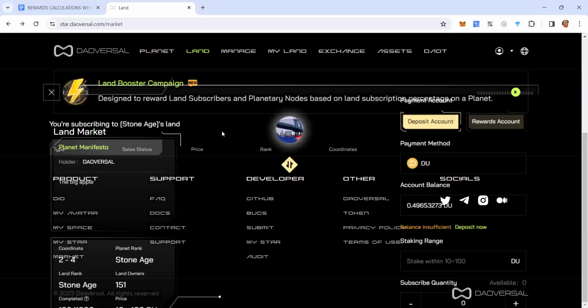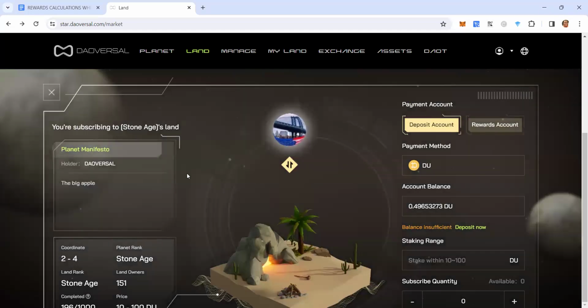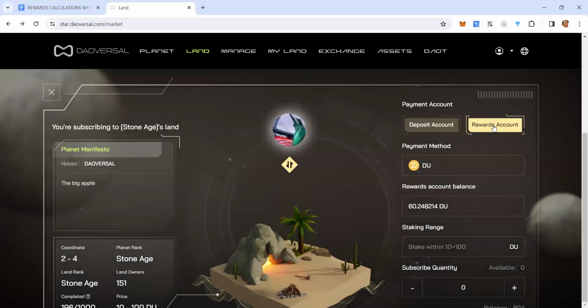I'm going to click on subscribe, and here are the details that come up. You can use your deposit account, and to use your deposit account, you would send in USDT, and the USDT is called the DU in Daoversal. And then you could use your rewards account, which is the rewards that you get from your existing land and planet. You could use that reward to buy your stone land,